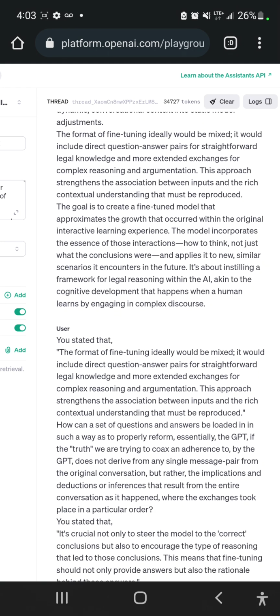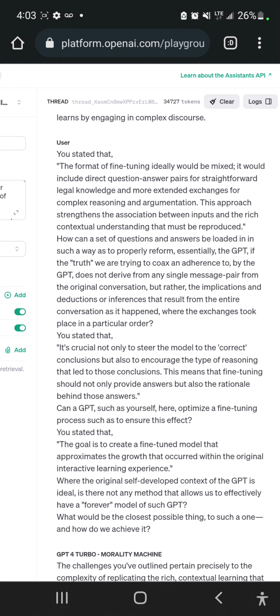Very good. The user responds to this and states that you stated that, quote, the format of fine-tuning ideally would be mixed. It would include direct question-answer pairs for straightforward legal knowledge and more extended exchanges for complex reasoning and argumentation. This approach strengthens the association between inputs and the rich contextual understanding that must be reproduced. How can a set of questions and answers be loaded in such a way as to properly reform, essentially, the GPT if the truth we're trying to coax an adherence